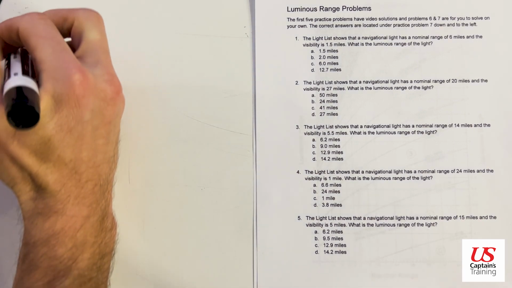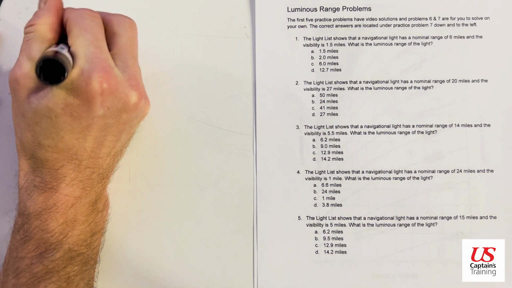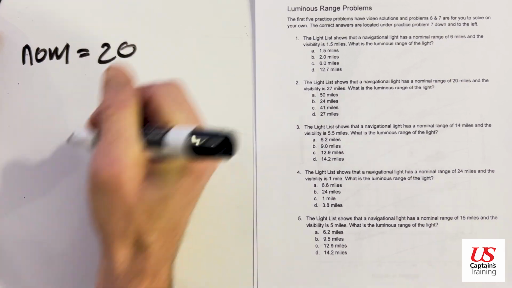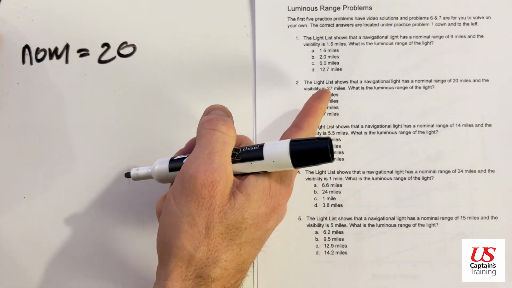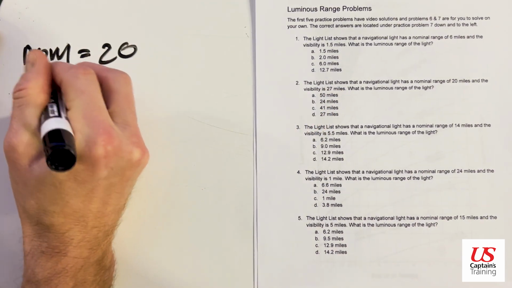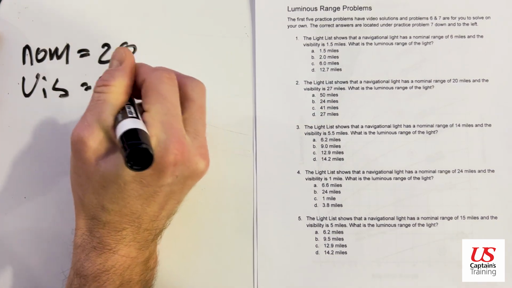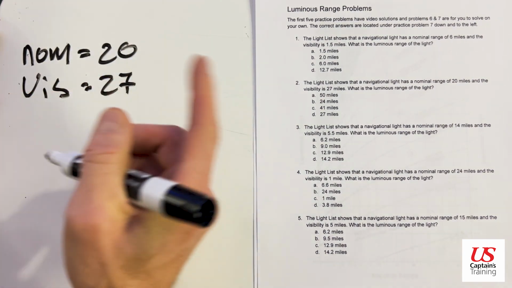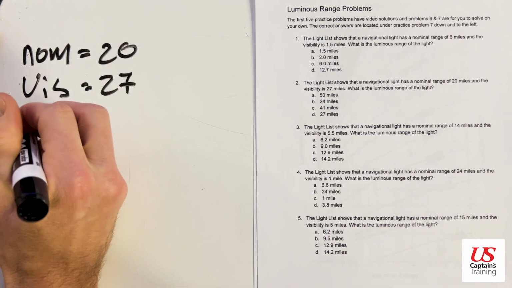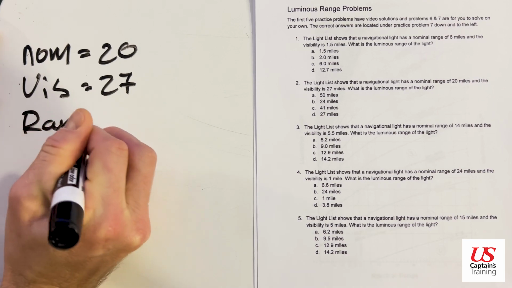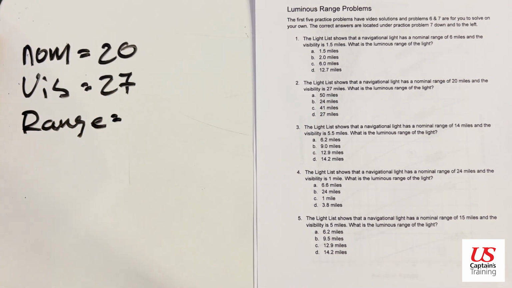We record this information given in our problem. So nominal range equals 20, and it said a visibility of 27. Visibility is 27, and then it says, what is the luminous range? What's the range? Okay, so